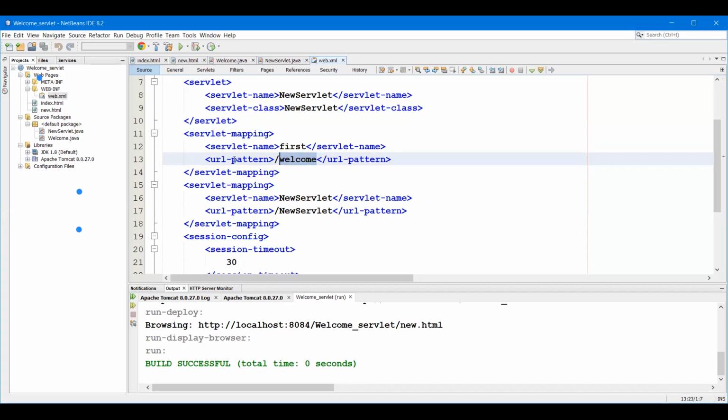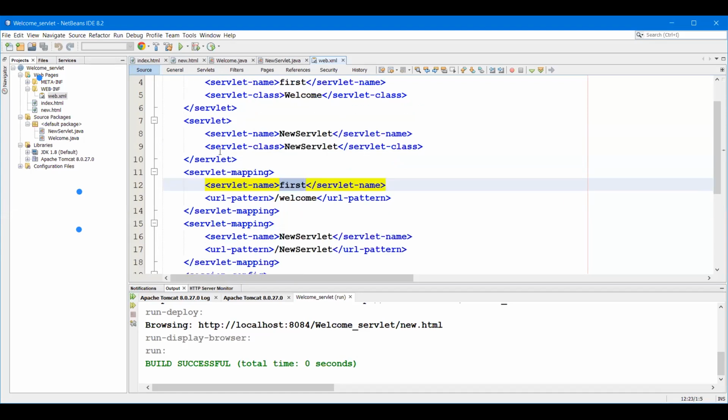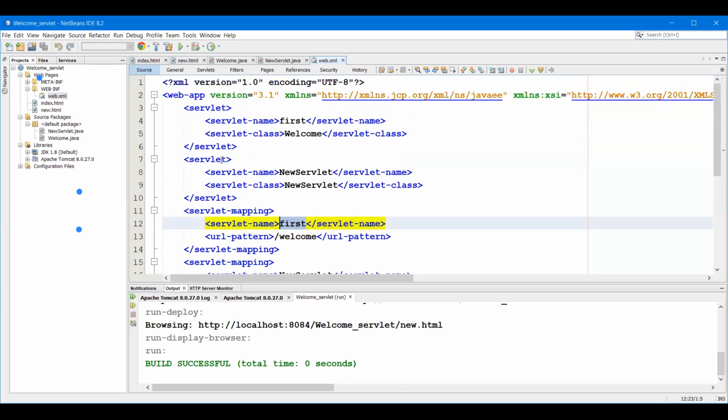Now what is the servlet name for this URL? First is the servlet name for that URL. After finding this servlet name, it will check for the servlet class. How is it going to find that servlet class? By the matching servlet name. So this servlet name and this servlet name are both the same.